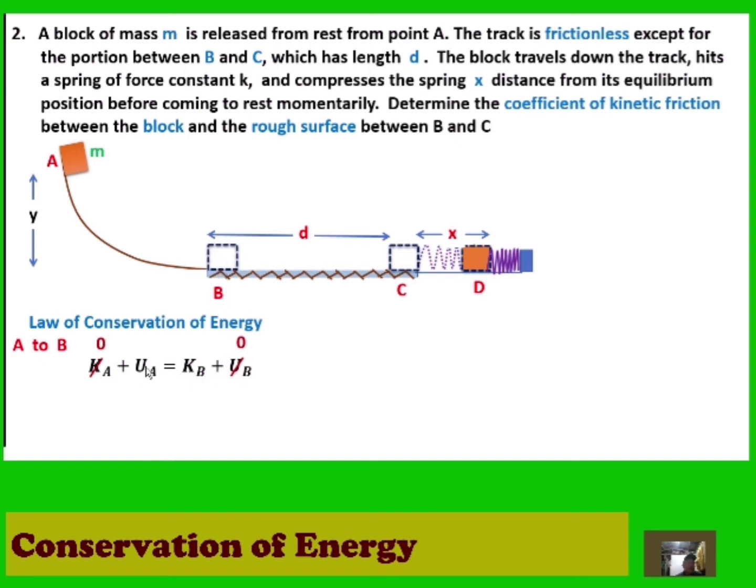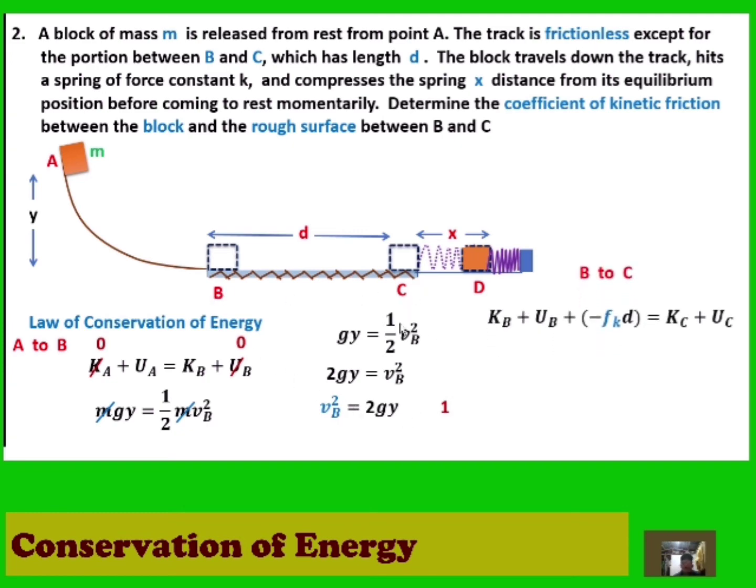At point A, its potential energy is its weight times the height, y. And at point B, its kinetic energy is 1/2 mv squared. Cancel out m and solve for v_B squared. This is our equation 1. From point B to C, our equation,